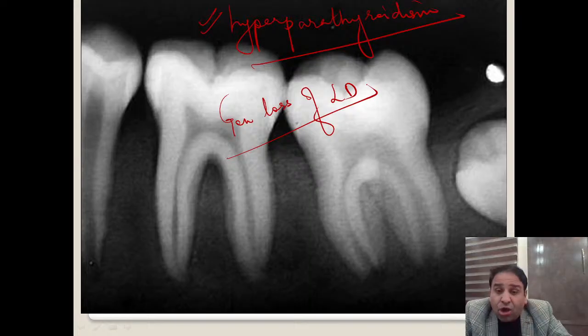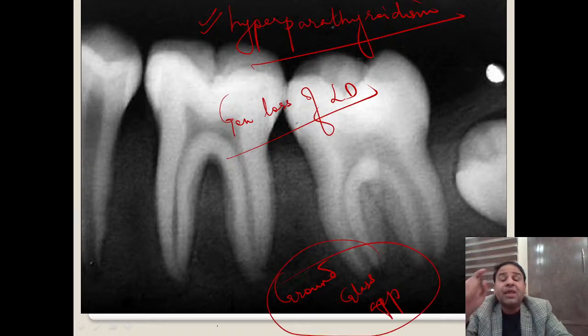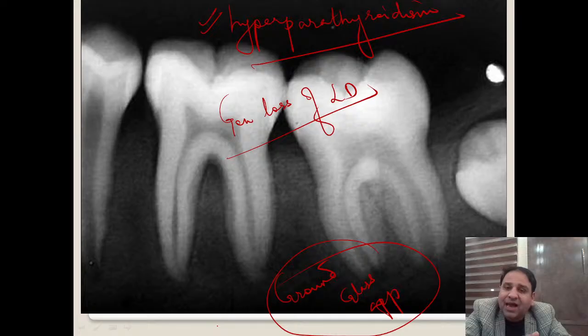There is generalized loss of lamina dura, and when we check, the trabecular pattern is very granular. And when the trabecular pattern of bone is granular, we say that this is the typical ground glass appearance. We call it ground glass appearance. So ground glass appearance is most commonly seen in fibrous dysplasia, but apart from fibrous dysplasia, it is also seen in hyperparathyroidism. Right? So very well answered. You people have recognized this radiograph very nicely. Yes, this is a case of